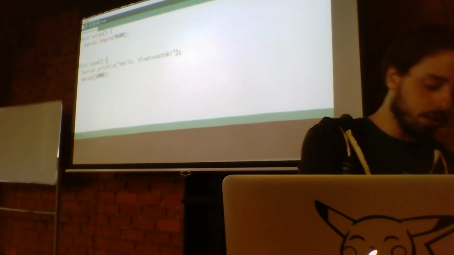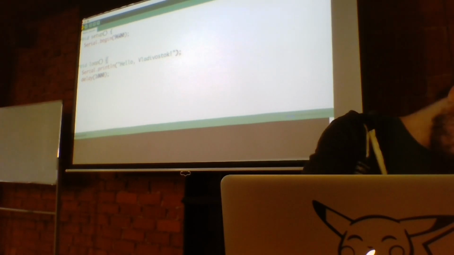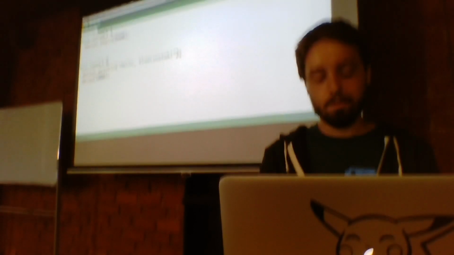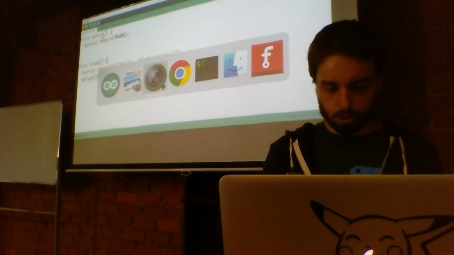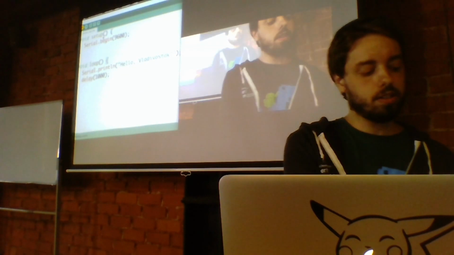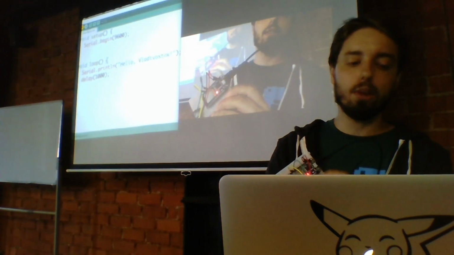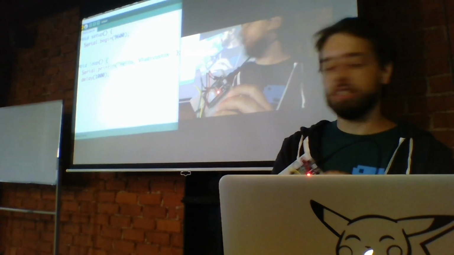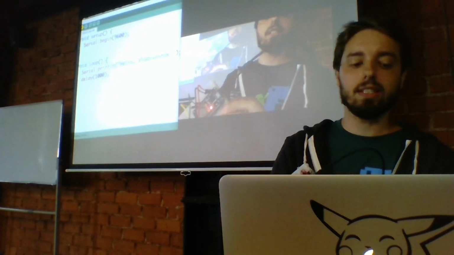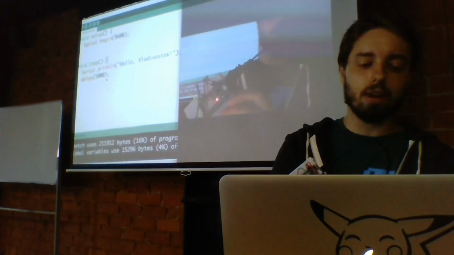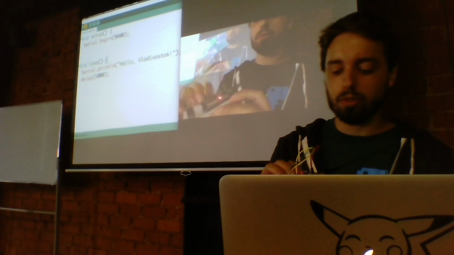So I will connect my microcontroller to my computer over USB. You can see it's connected, and then you click on the upload button here to compile the sketch. This part is called a sketch. It will compile your program and flash it to the microcontroller platform.